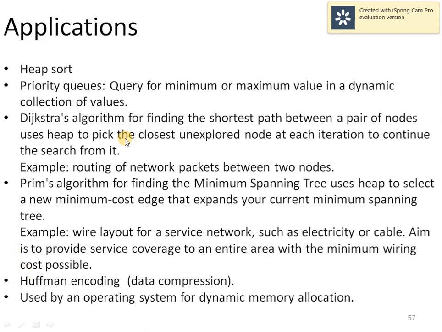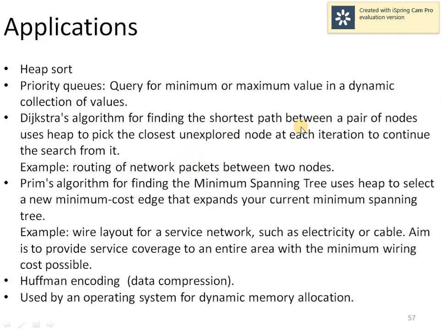So if we talk about graph algorithms, there are several graph algorithms where we have to pick either the minimum element or the maximum element at any moment of time. The moment I say pick the minimum or pick the maximum element, to store those sets of elements we will use the priority queue concept, because that is the best way to get the minimum or the maximum element out of a set of elements.